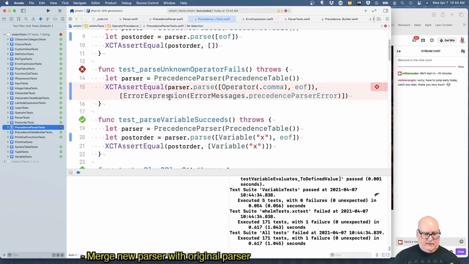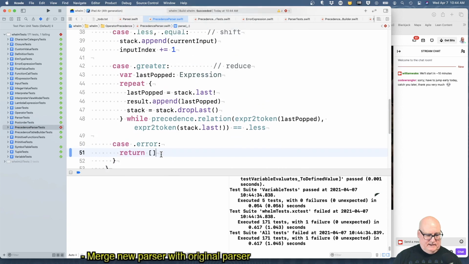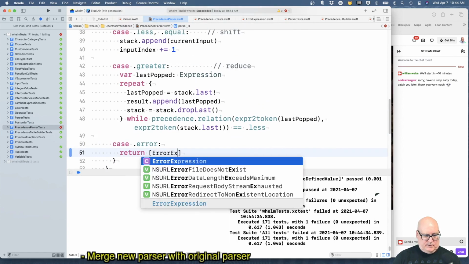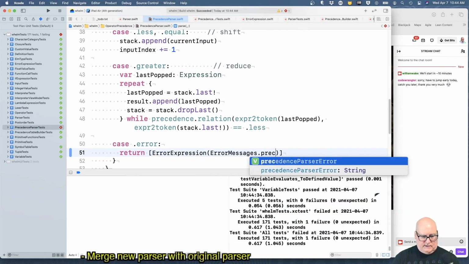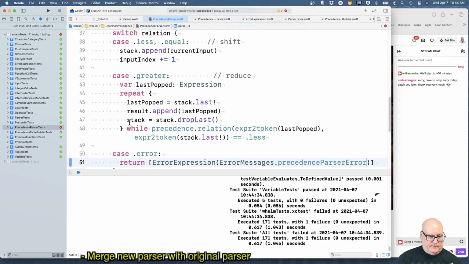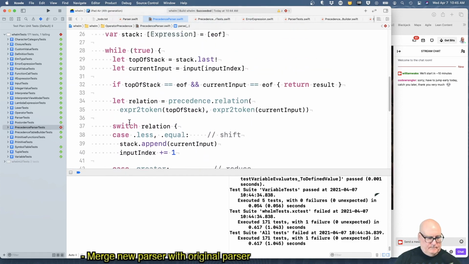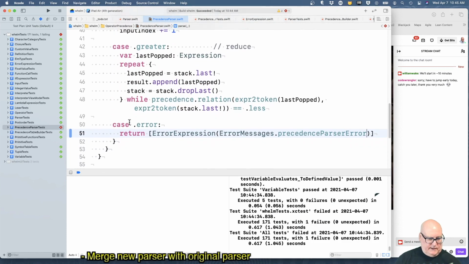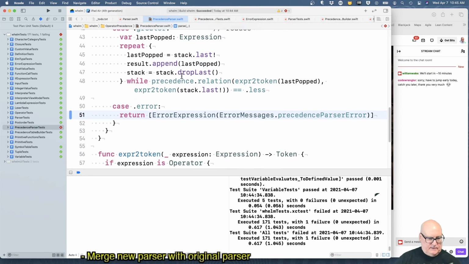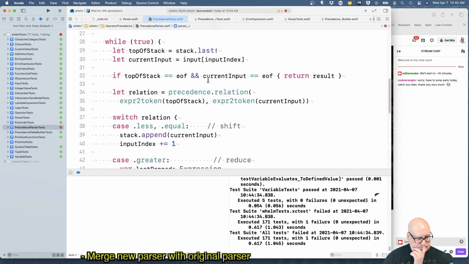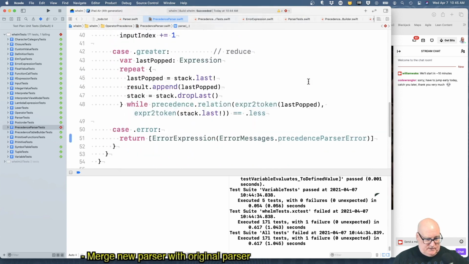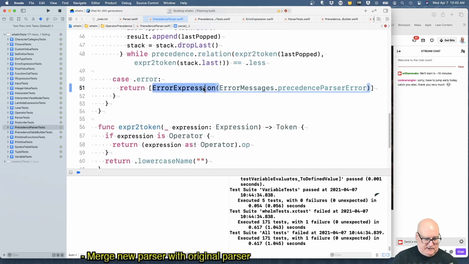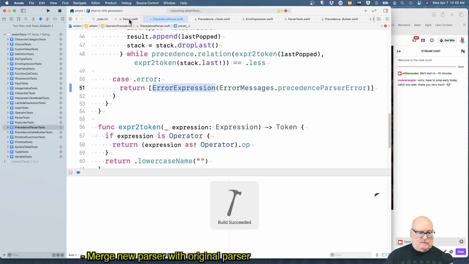All right, we don't get the error expression yet. We're going to return that: error expression of error messages dot precedence parser error. Right. Everything either comes through this return or this return. I think this should pass, and I think we should be able to simplify parser.